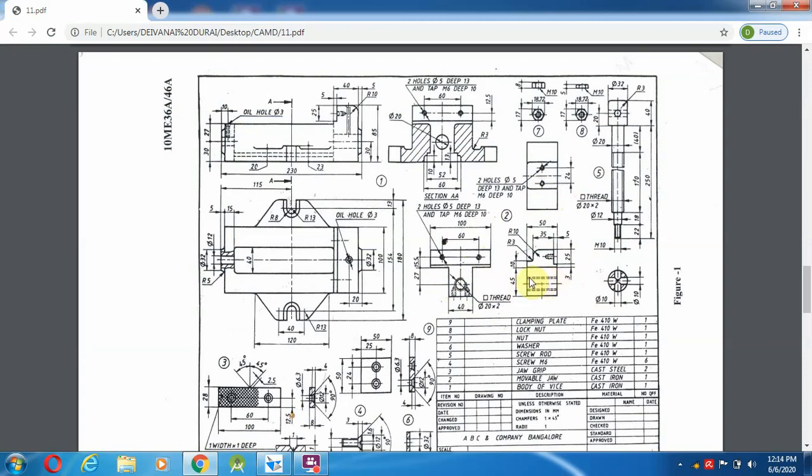So whichever view comes at the bottom or up, we can consider as a top view. Over here they gave the front view, and the right side view they gave over here on the left side. Also, they provided one more view, that is the bottom view. Why did they provide the bottom view? Because it shows the bottom holes, threaded holes. That is the point you have to remember over here.